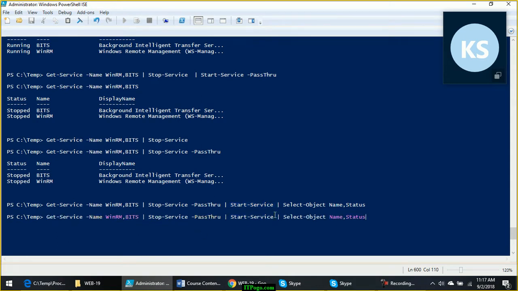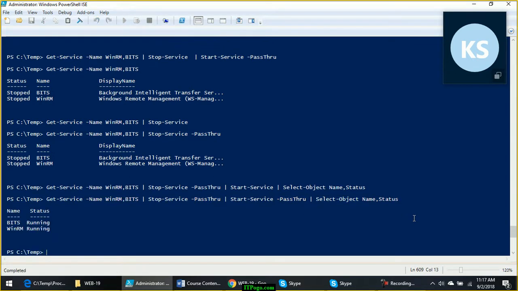But here if I use pass through, then only select object will get something from which it can select the name and status. Is it clear now? Okay.